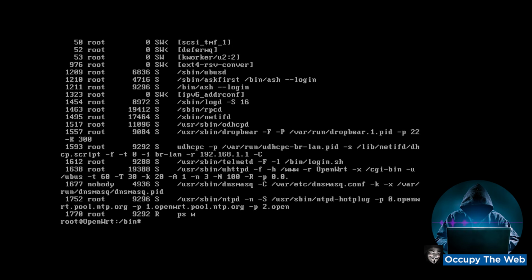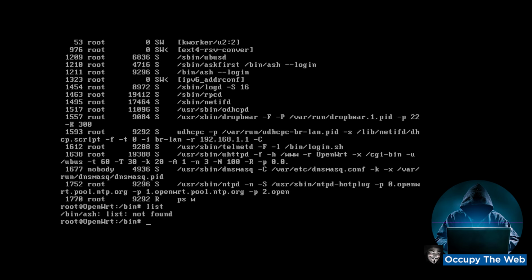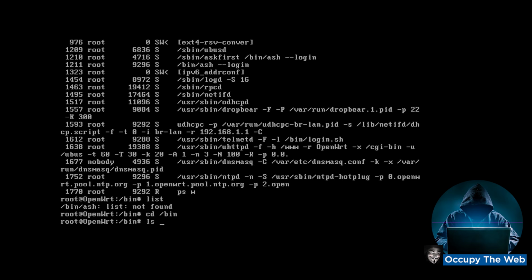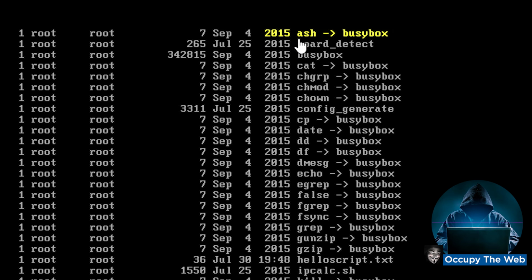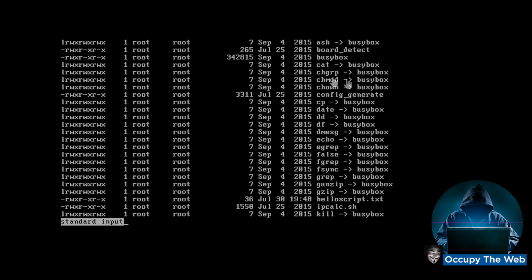So one of the things you might want to look at, of course, is, let's go to our bin first of all. And then let's do ls -l, and then I'm going to pipe it through more so we can see. You can see it starts off, it's not using bash as a shell. That's also important to note. It's using a very tiny shell, very, very tiny shell. And so then